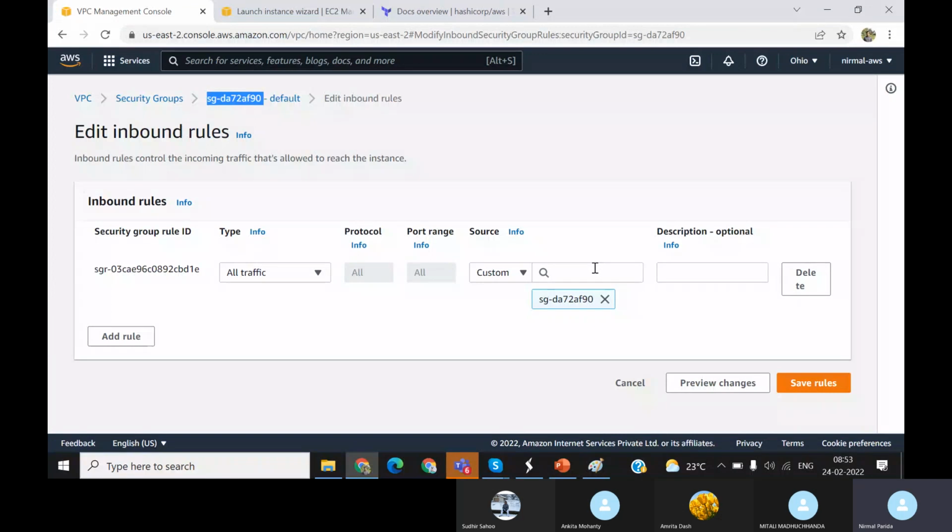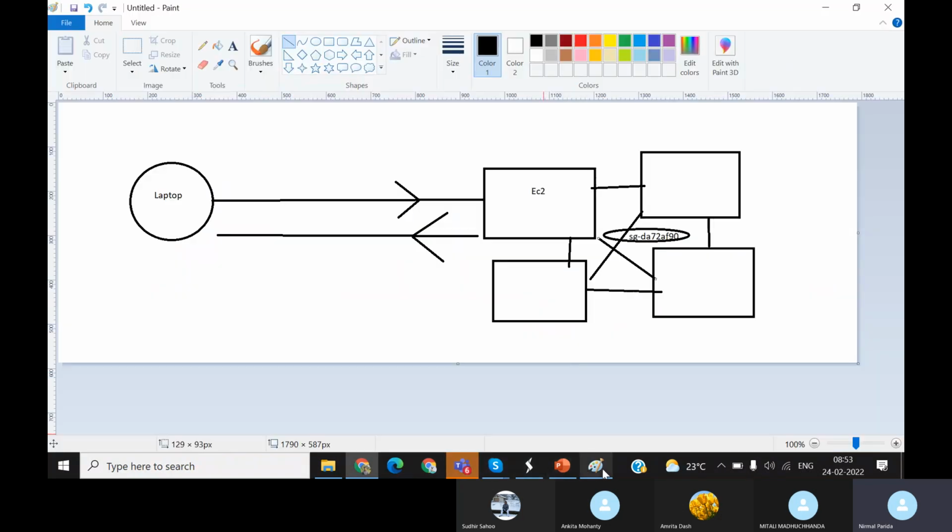And here, if I give a security group another security group, that means my security group's instances can communicate. The inbound traffic from the other security group can come to my security group. That means the second example is, this is one scenario, right? And